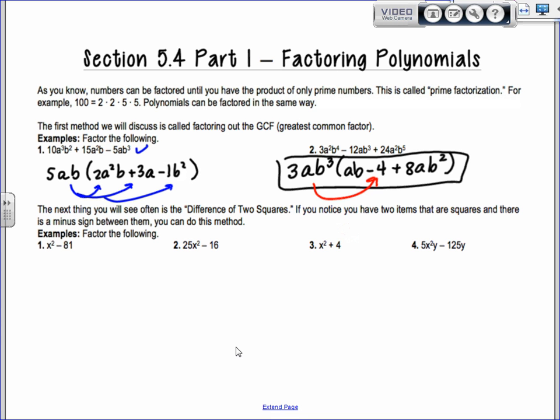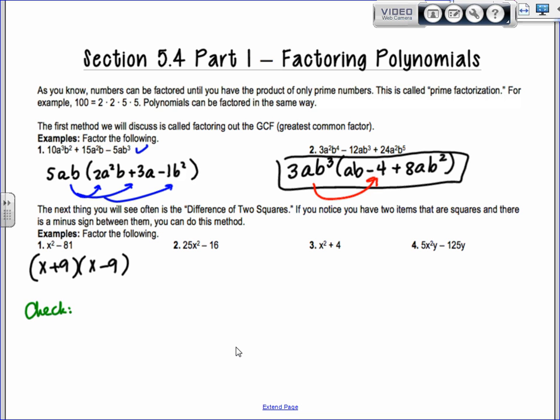All right, so the next thing we're going to talk about is difference of 2 squares. On number 1, I have x squared minus 81. The way this factors is the x squared is x times x, and the 81 is 9 times 9. So you end up getting x plus 9 and x minus 9. So you can check,